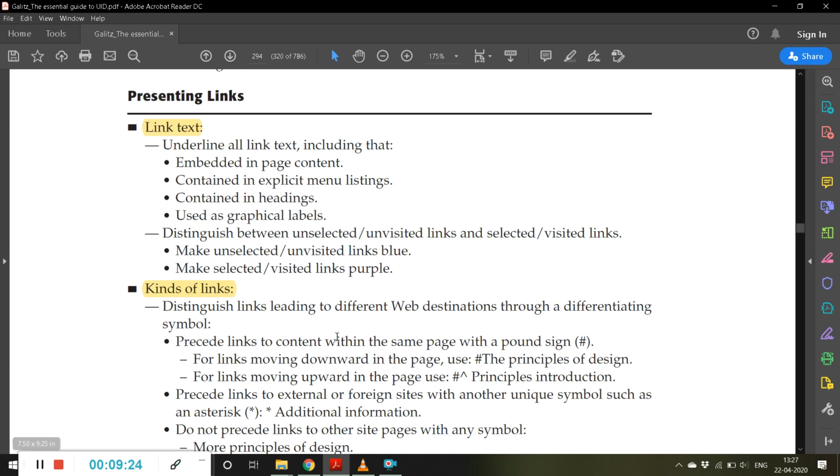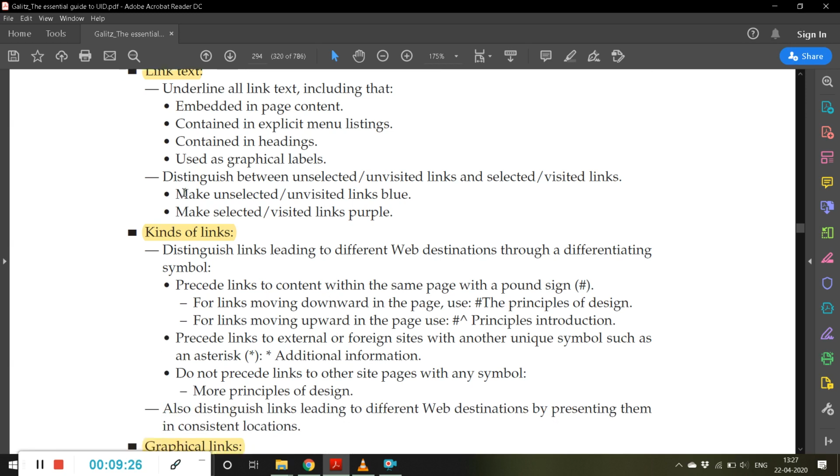Make unselected or unvisited links blue. Make selected or visited links purple. If the user has already visited that link, then change its color to purple.